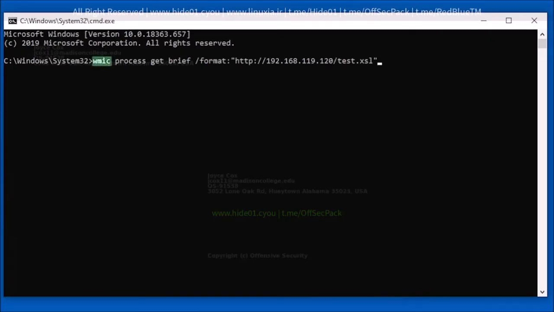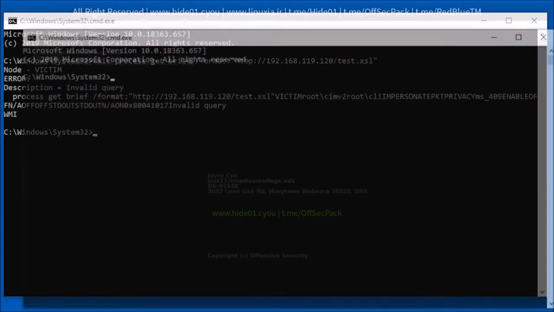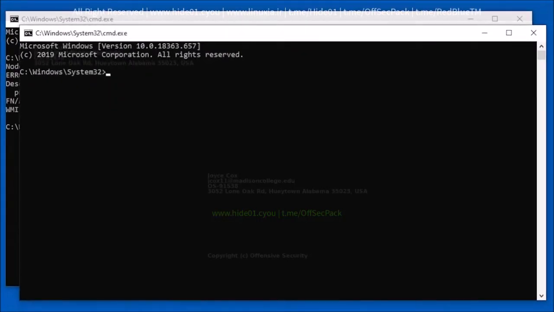This may be done through the WMI command line utility by specifying the verb get and the format switch, followed by the URL of the XSL file. Once the command is executed from a command prompt, a new command prompt is opened, proving that our JScript code